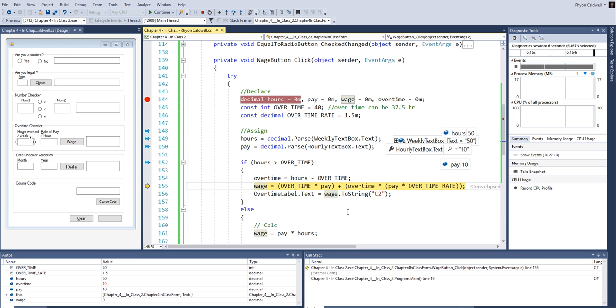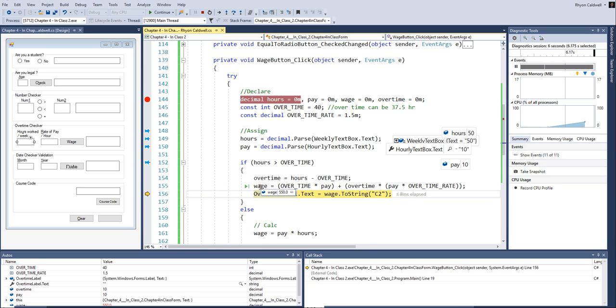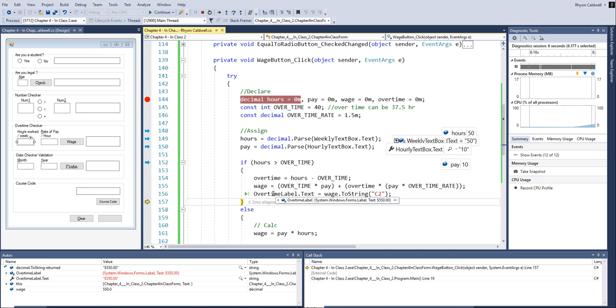Okay, perfect. So now I've got the 40 hours multiplied by the pay of 10, plus I have to multiply the overtime 10 times the pay times the overtime rate, which gives me my total amount of wages, and the wages will become $550. Perfect. But $550 is a decimal, and I need a string. So what that does is it puts it back into a string, and it puts it in as a decimal financial currency with 2 decimal places. Alright, so that's kind of a very quick walkthrough with the debug, and we'll come back